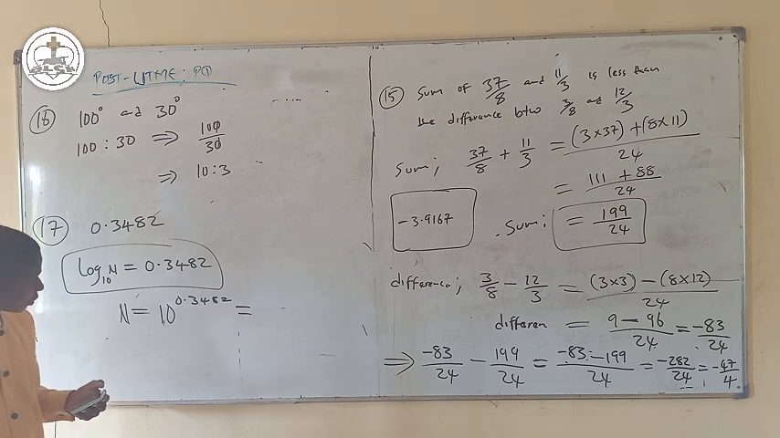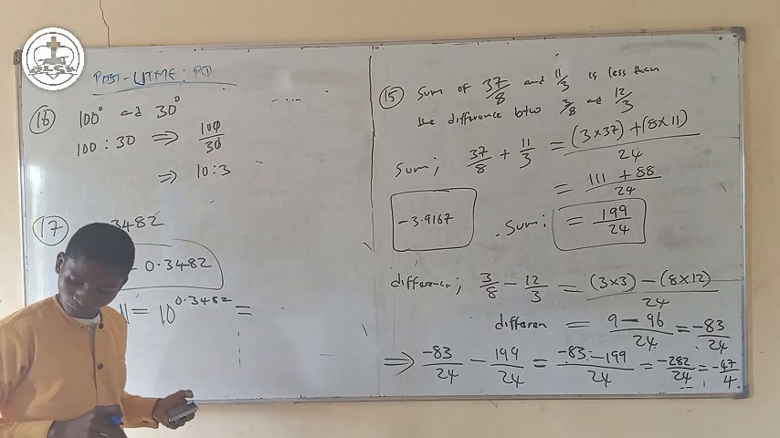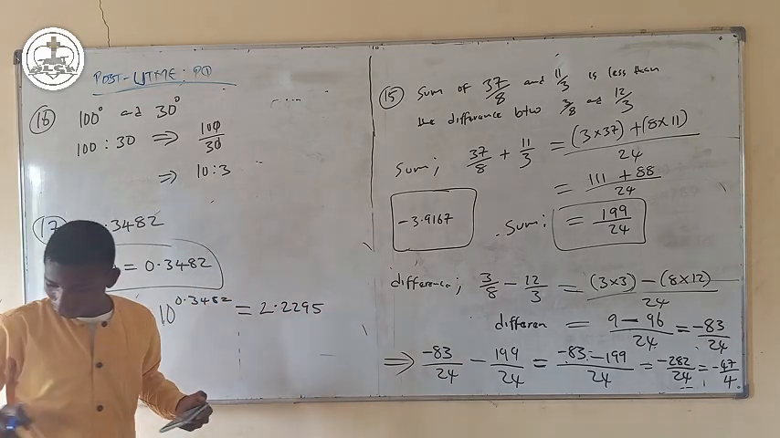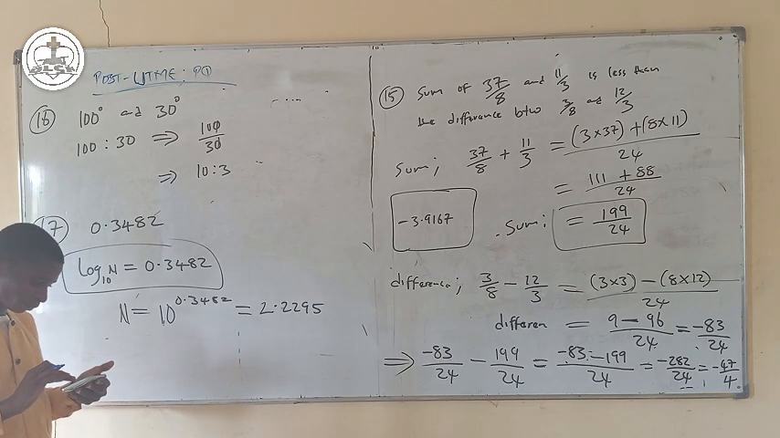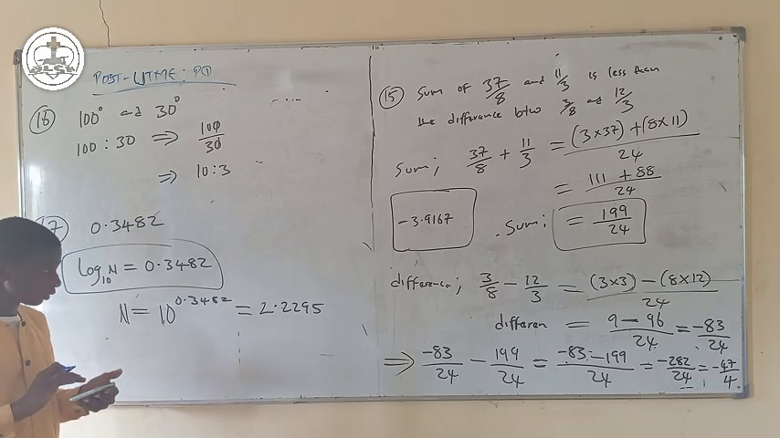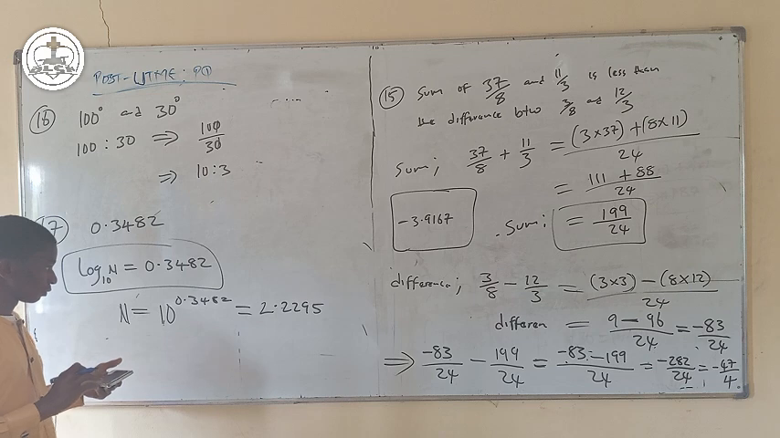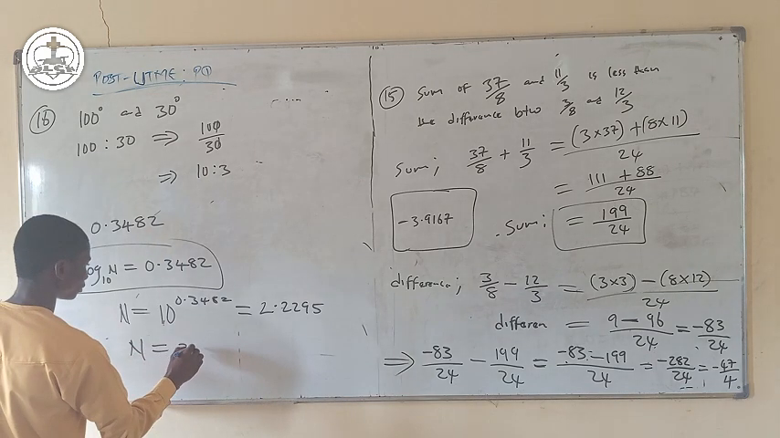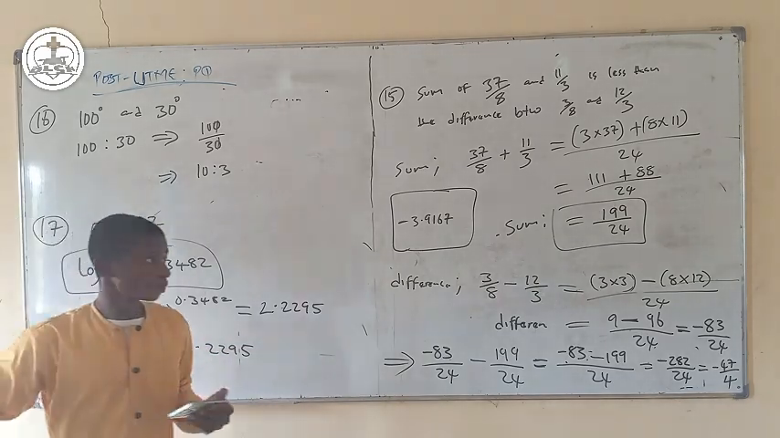this is going to be, n will be 2.2295 to 4 decimal places. That's for n. So